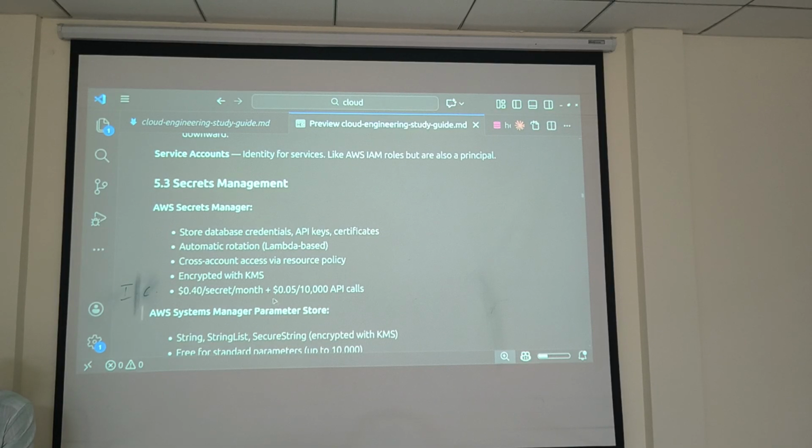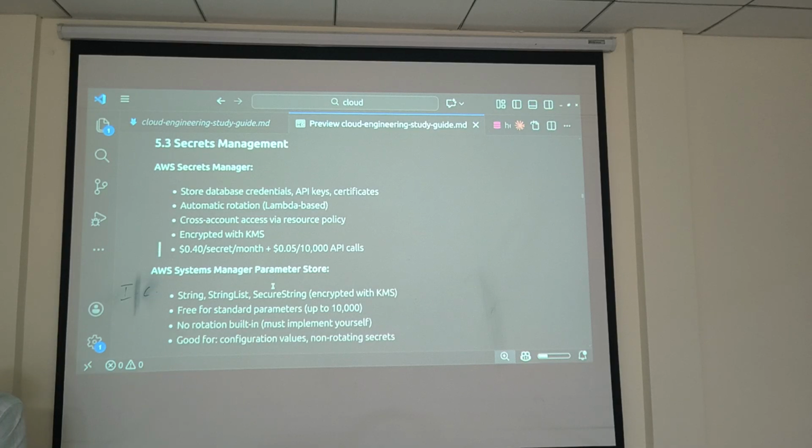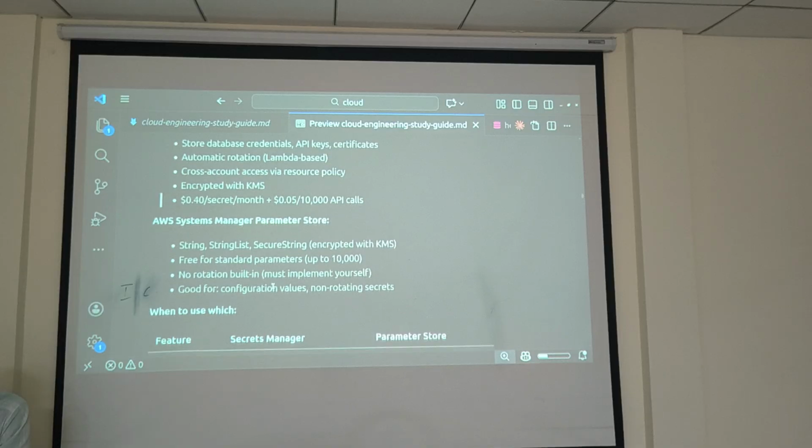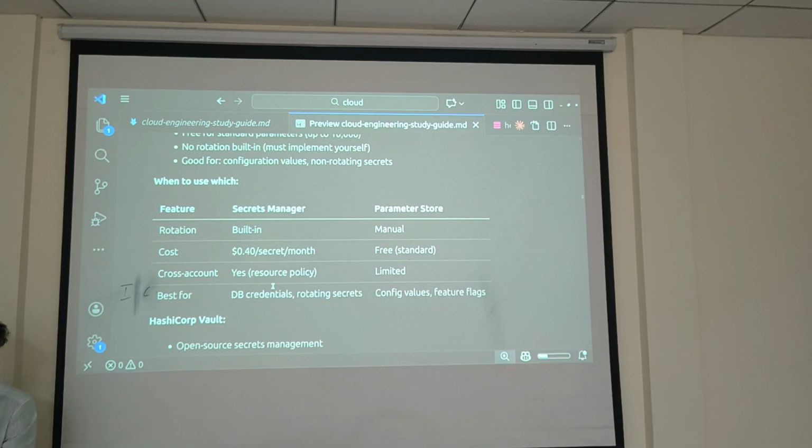It is always good practice to keep your things in the secret manager. Even if it is costly, no issue. Security is a major thing for every application. If it is only your data, it's not a big deal. But if you are managing an application with your client's data, it definitely is a big deal. Everything is based on trust. If the trust factor is gone, no one is going to use your application, even if you give offers.